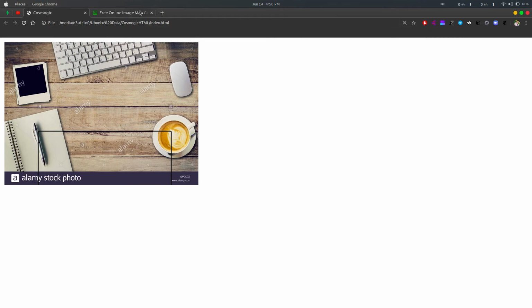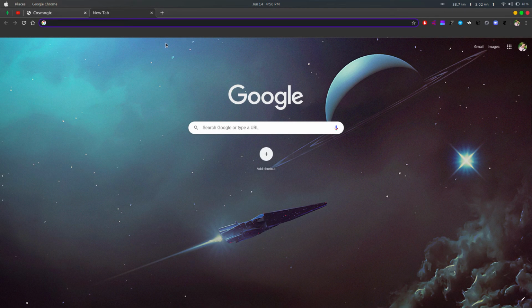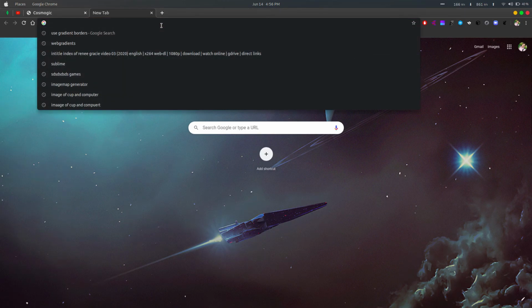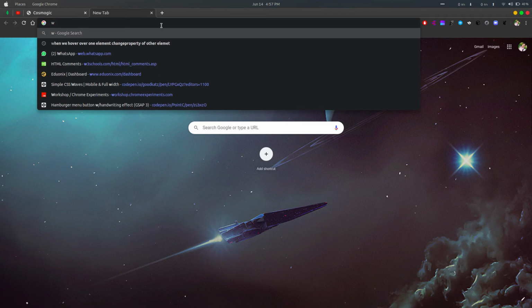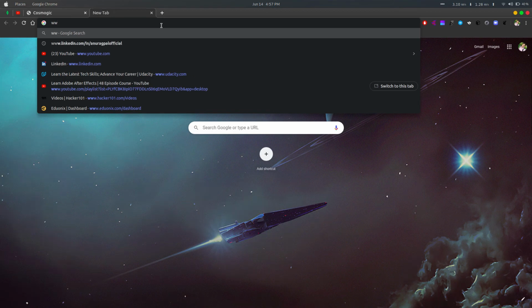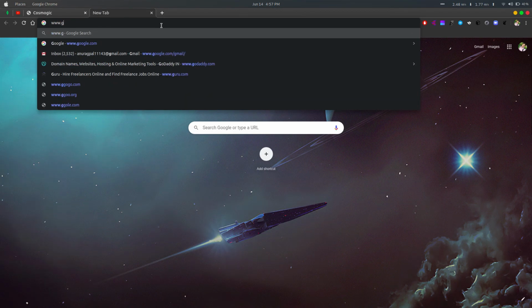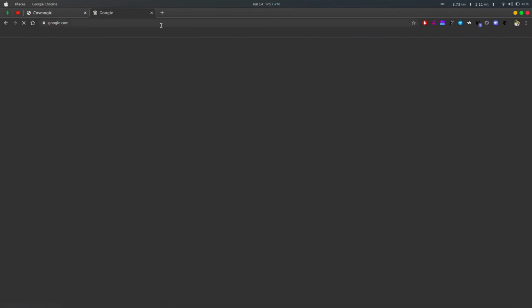Post means whatever content we write here is not visible in the search bar. Like if I write here google.com and search it.